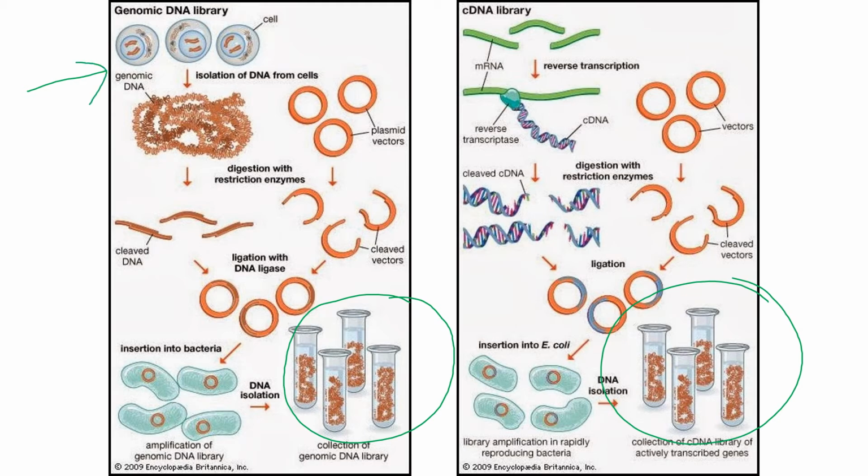In this, what we generally do is isolate the DNA from cells of an organism of which we want to build a library. For example, if we want to build a library of human DNA, we will take the cells, take the DNA out of the cells, and digest the DNA with certain restriction enzymes. The restriction enzymes will chop up the DNA into small fragments. The same restriction enzymes are also used to chop up the vector molecules, like plasmid vectors.